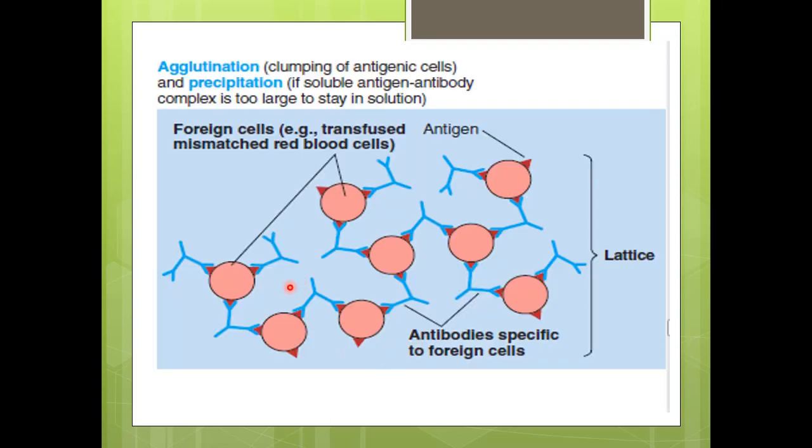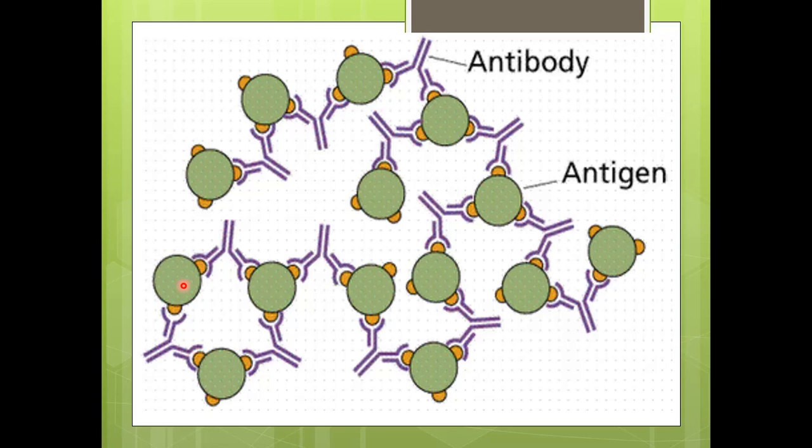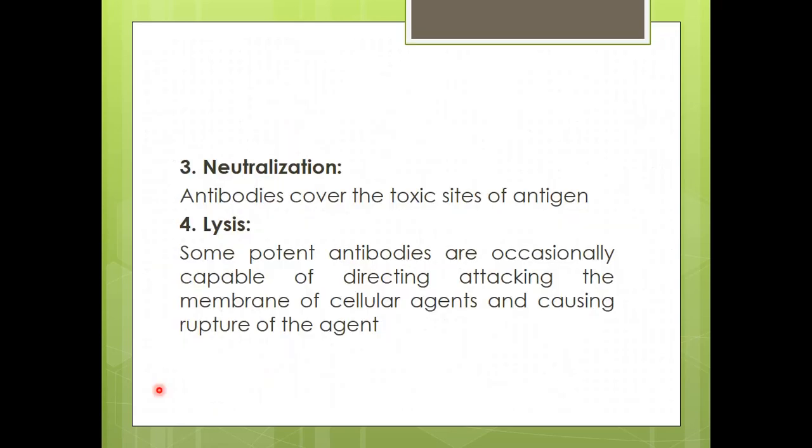So this diagram shows us agglutination and precipitation. The antigen and antibody reaction results in clumping, and when these clumps become larger, they become insoluble and precipitate. Again the same thing: clumps of antigen antibodies result in agglutination, and when the clumps become large, they precipitate. In neutralization, the antibodies cover the toxic sites of the antigens, and in lysis,